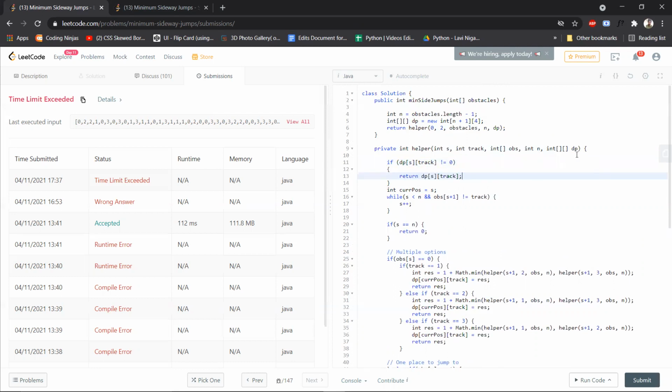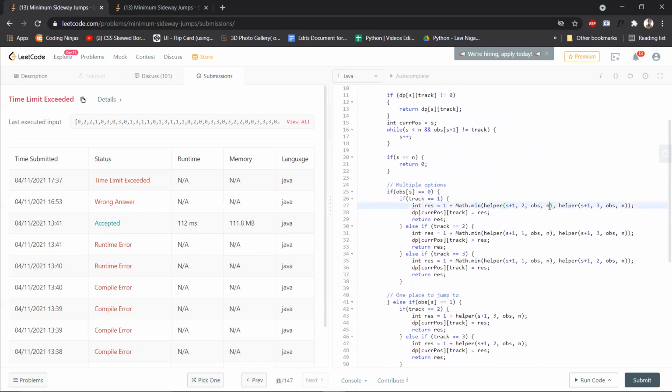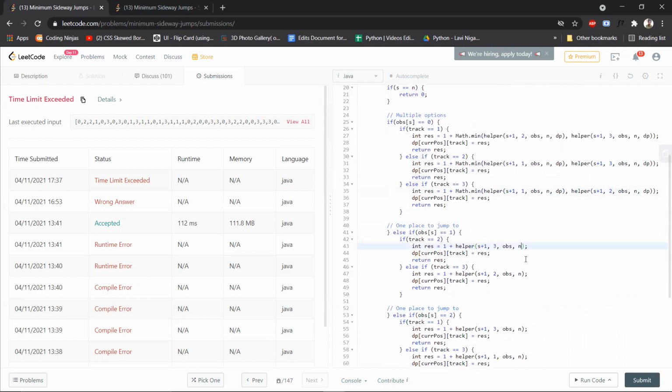That's it. And since we made a change here in the function call, we'll have to make that change everywhere. Let me just quickly copy it at each place.